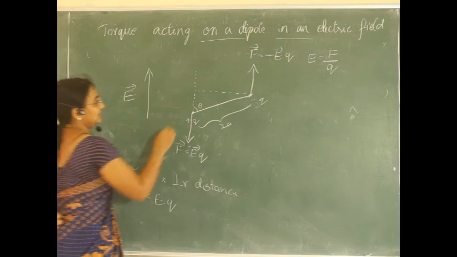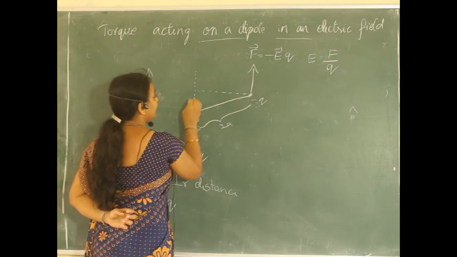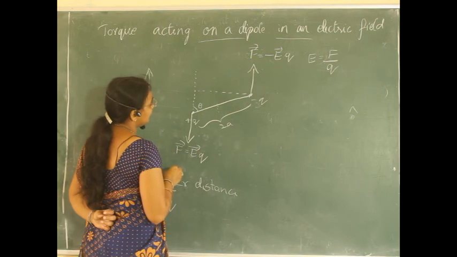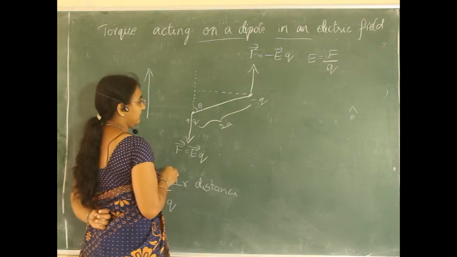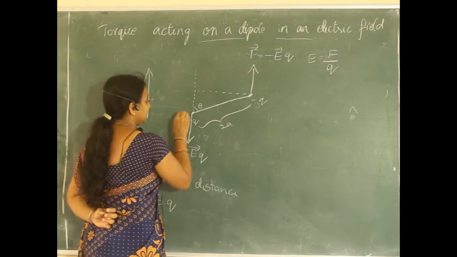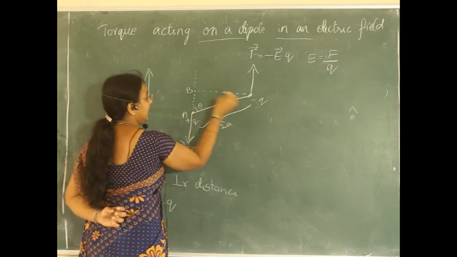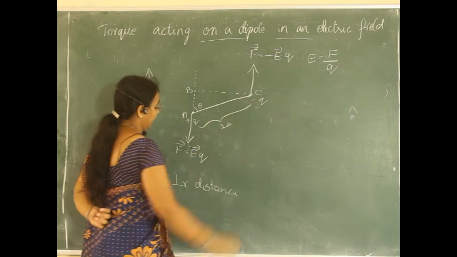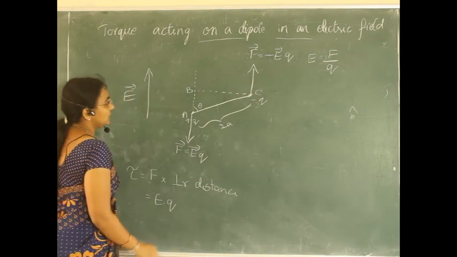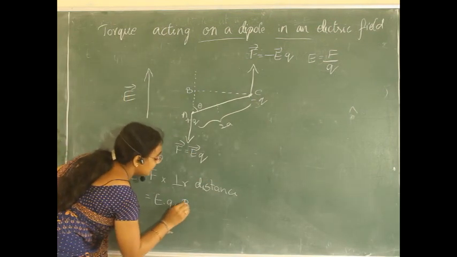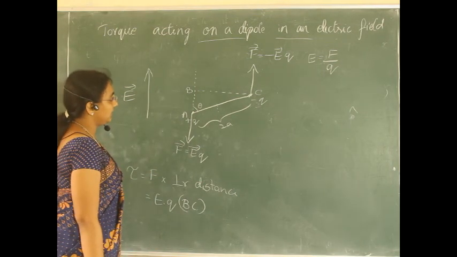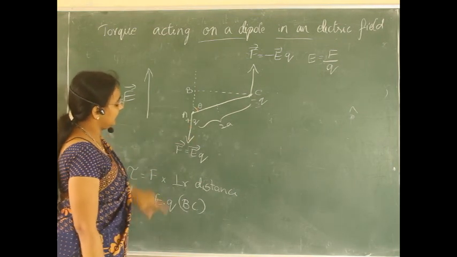Perpendicular distance is this one from here to here. Can we find this perpendicular distance? Yes, we can find. But how? Let us mark this as A, B and C. I want to know what is this perpendicular distance, so into BC. Correct? Can we try and find out? Yes. Any angle I can say here.